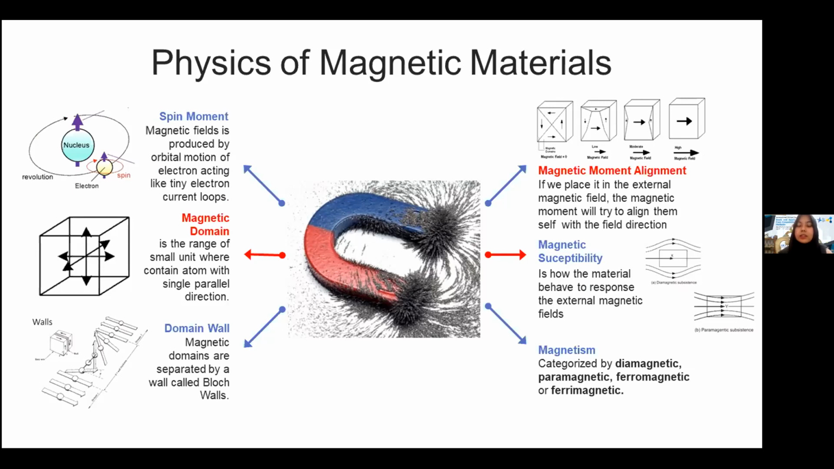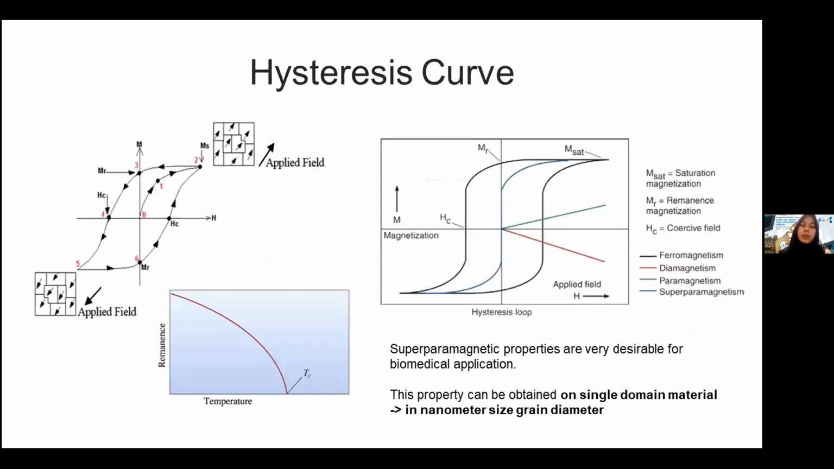And that defines the magnetism of the materials. Magnetism can be categorized by diamagnetic, paramagnetic, ferromagnetic, and ferrimagnetic. The left curve is the hysteresis curve. This curve shows the response of the magnetization of the material that is exposed by an external magnetic field. We can see there is a delay that happens in the material when the direction of the external field is switched